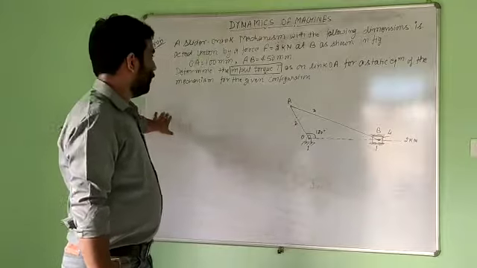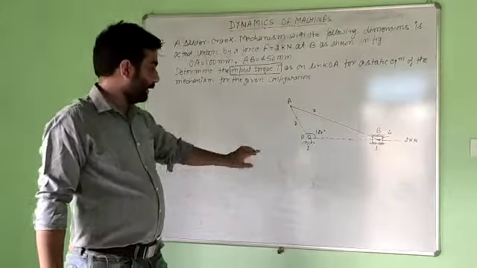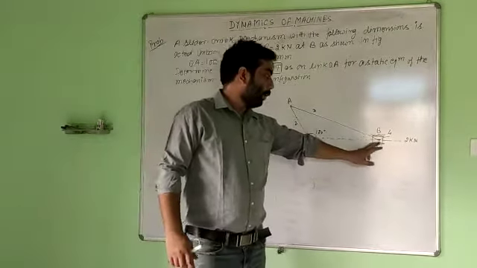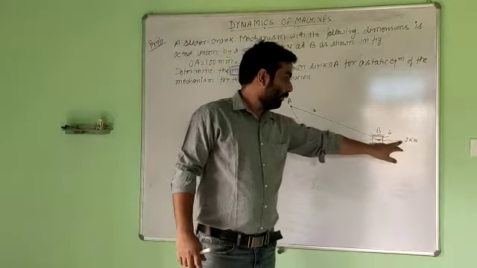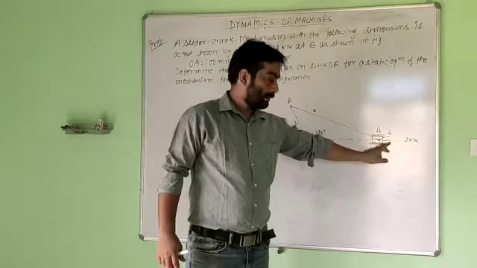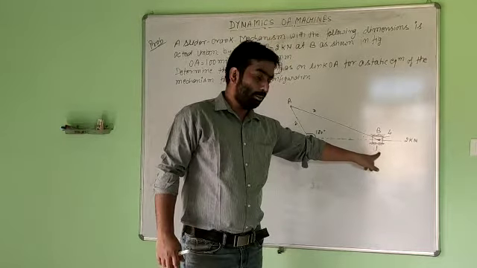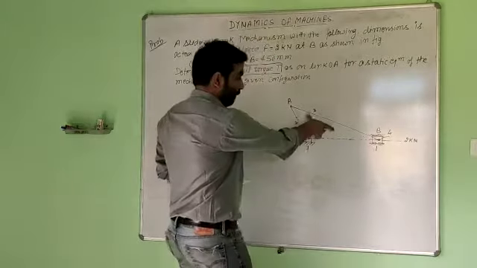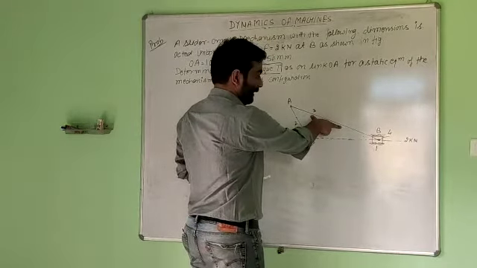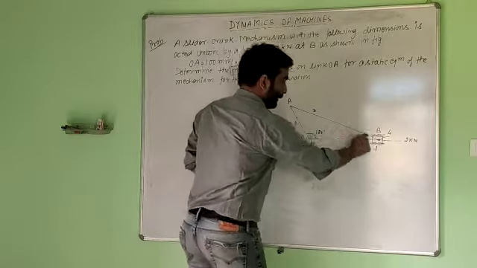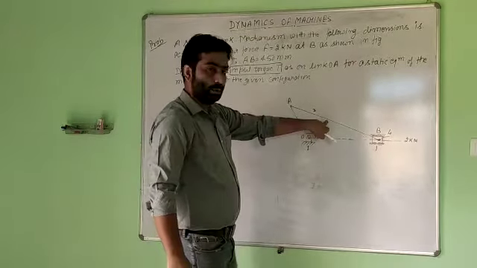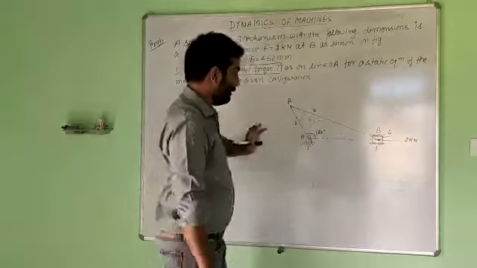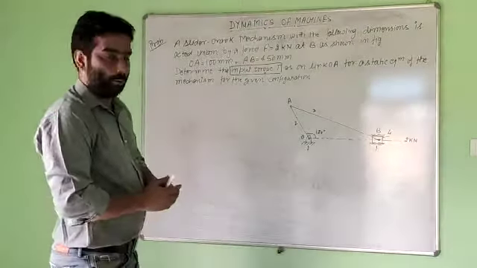Now we have to draw the free body diagram of each and every component: components 2, 3, and 4. From where will we start? We will start from point 4, because at point 4 we will have one force of 2 kilonewton. One reaction will come from the support 1, which will always be in the perpendicular direction, and one force is provided by link 3, which is along the line of action of the member, because the member is subjected to two forces, one from link 2 and one from link 4. So we will start with point 4.